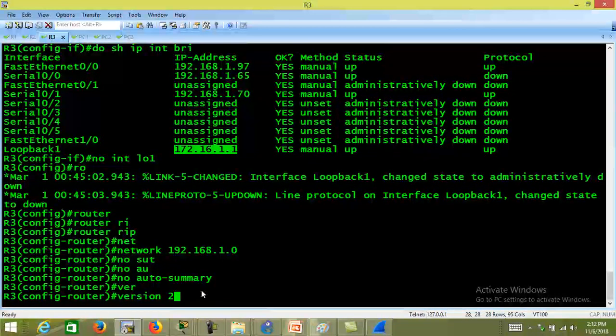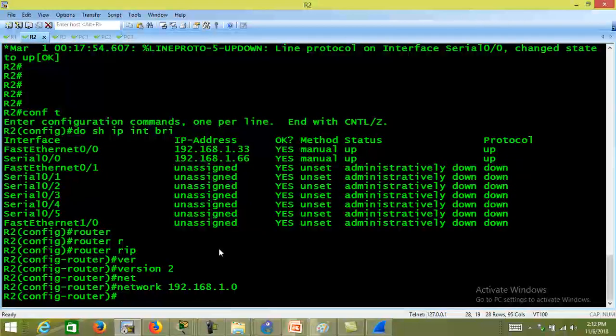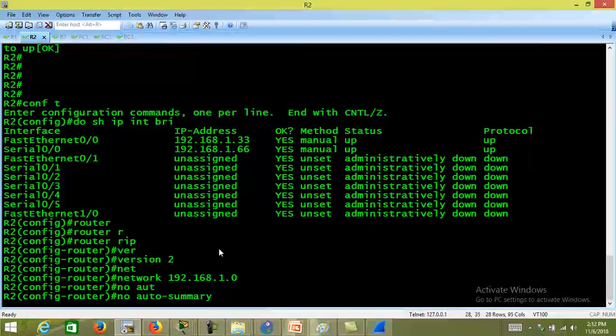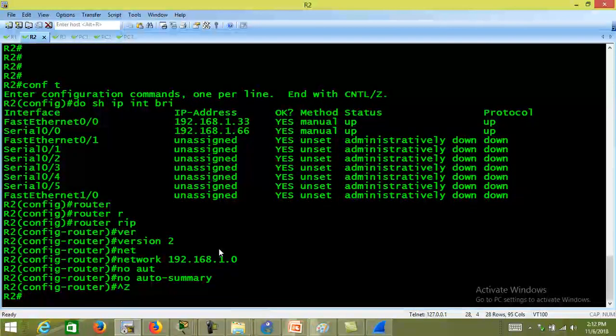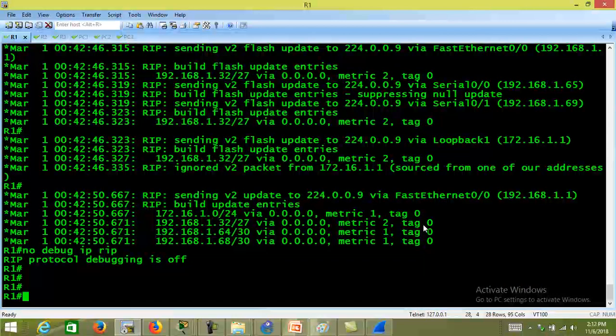Version 2. Did we do that on router 2? Version 2, no auto summary. Alright, so with that, I think we have achieved the whole